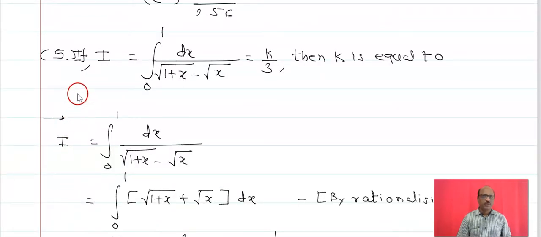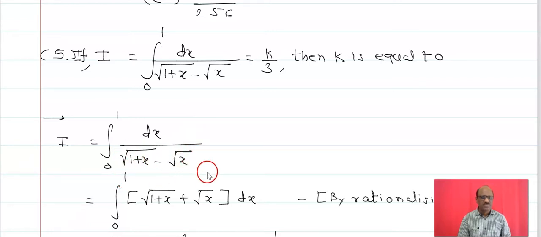Next, problem number 5. If I is equal to integral 0 to 1 dx upon root of 1 plus x minus root of x is equal to k by 3, then k is equal to, that is we want to find out the value of k. If we have completed the study of chapter number 3 and chapter number 4, then you can understand all these multiple choice questions. Now to solve this, we will multiply the numerator and the denominator by the conjugate factor of this, that is root of 1 plus x